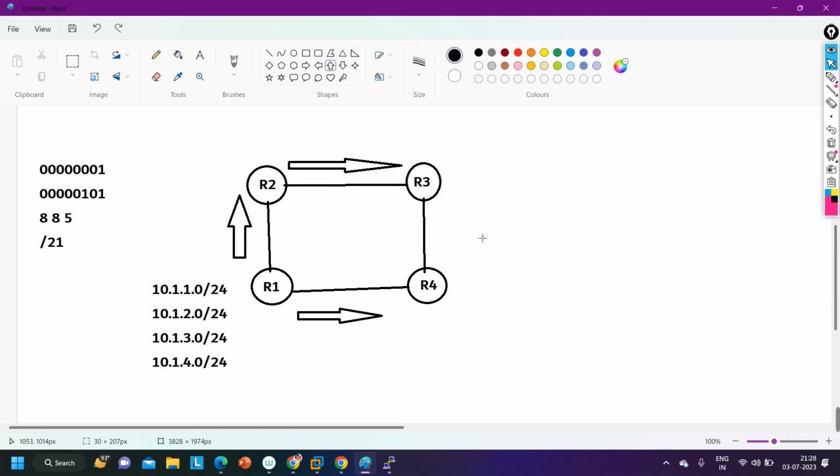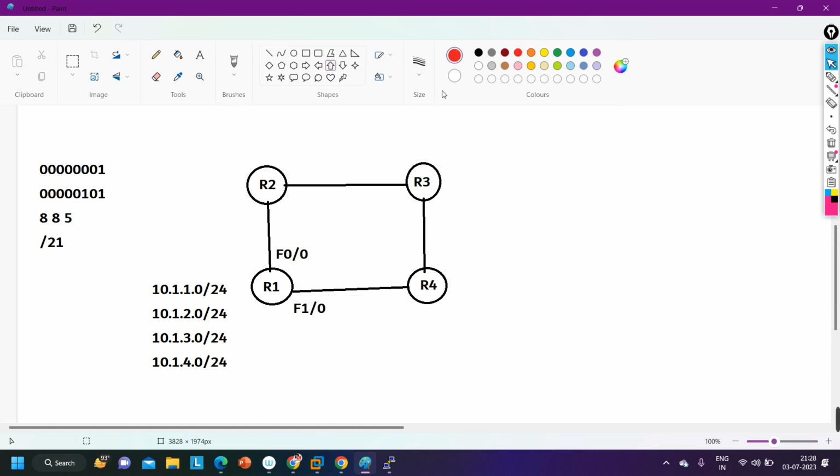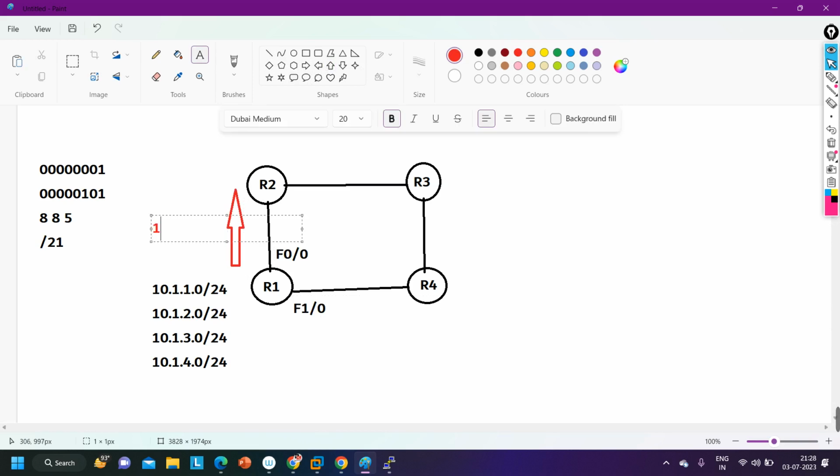That is a secondary thing. But here what I am saying: let's say this is F0/0 and this is F0/1 or F1/0. If I advertise one summary address from R2, from this interface, that is 10.1.0.0/21, what will happen?